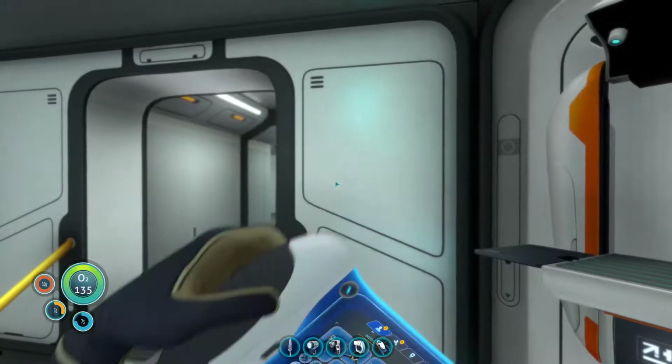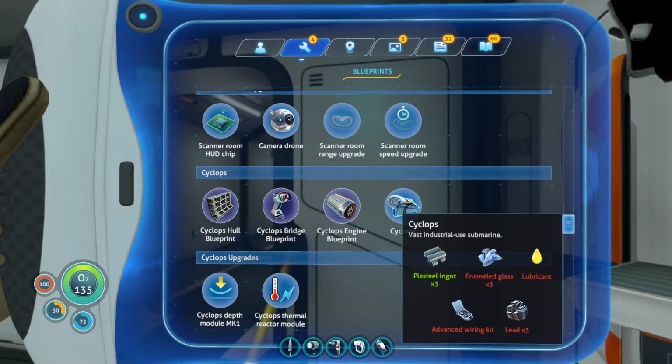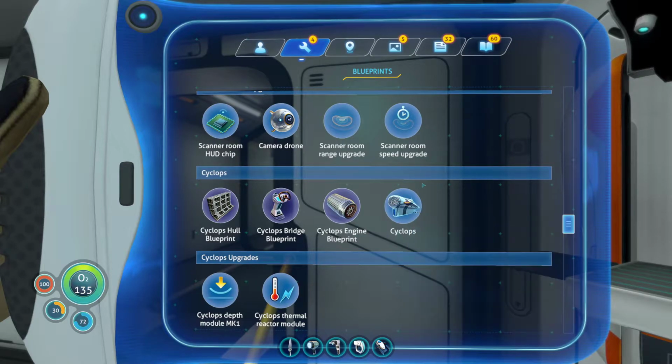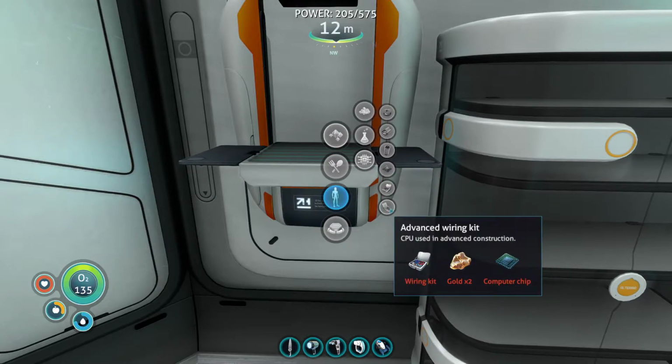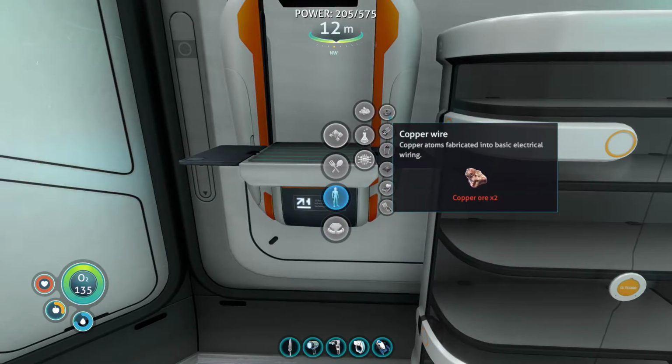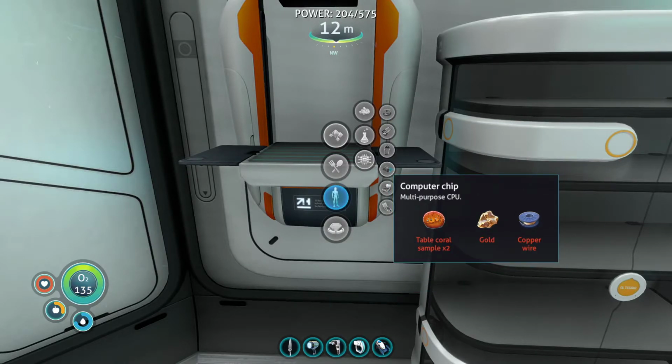Okay, so we needed that, and then what else did we need? So we have those. We need 3 enamel glass, so maybe we don't have everything we need for the enamel glass. We have enough to make 1 probably, but not more. We need lubricant, we need lead, and then the advanced wiring kit. Which the advanced wiring kit, we need a wiring kit and a computer chip and gold. So, wiring kit, we can't do computer chip, we could do...